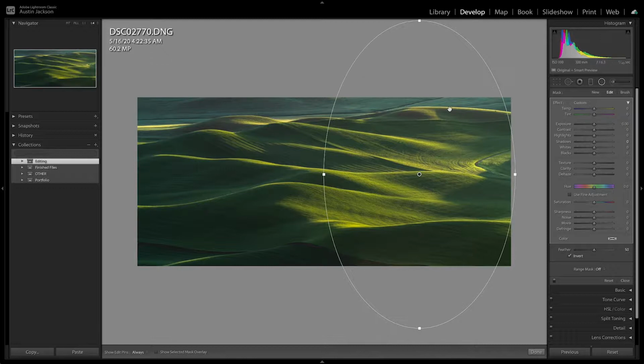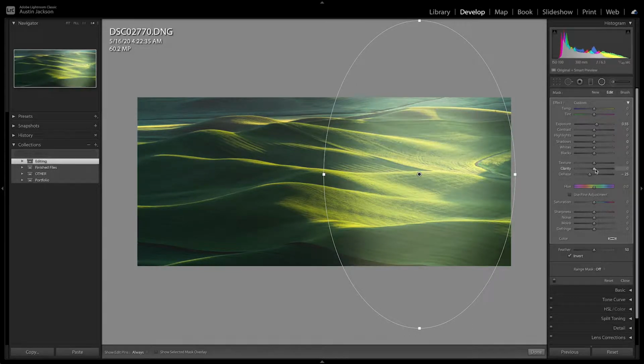And you can see that these settings over here are what is going to be applied inside the circle. So right now I'm doing nothing, but if I increase the exposure, you can see it brightens that spot on the circle. So I want to show you how to kind of add in a little touch of light on the right side. So we're going to want to increase the exposure and then decrease the dehaze, decrease the clarity,